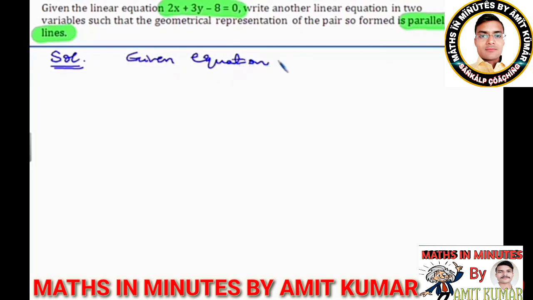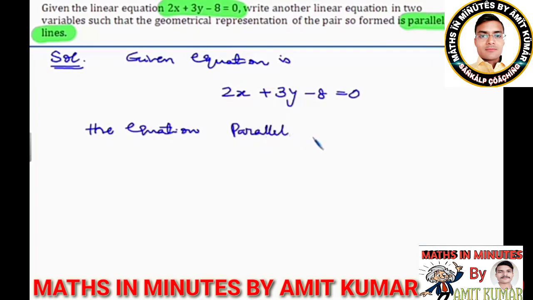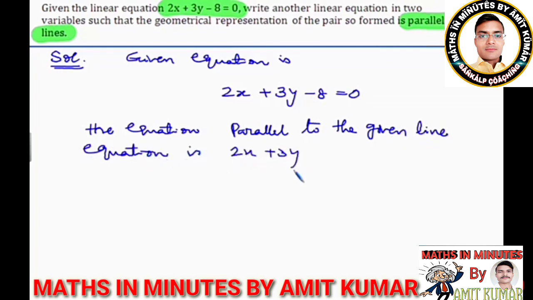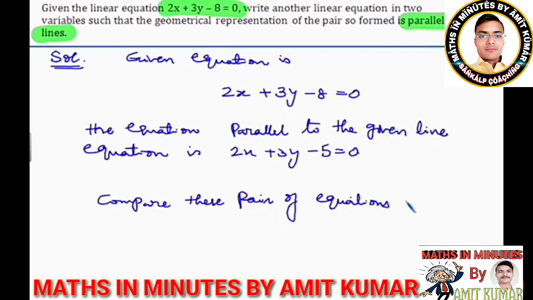तो हमें पता है कि a1 अपॉन a2 इज इक्वल टू b1 अपॉन b2 बट नॉट इक्वल टू c1 अपॉन c2 की कंडीशन होती है, तब हमें क्या मिलते हैं, पैरेलल लाइंस मिलते हैं। ठीक है, तो आप यहाँ भी इस क्वेश्चन में भी क्या कर सकते हैं, अपने अकॉर्डिंग कोई सा भी इक्वेशन लिख सकते हैं, बट मैं लिख रहा हूँ आपके लिए। देखिए, the equation for parallel lines to the given equation is 2x प्लस 3y माइनस 5 इज इक्वल टू 0। यहाँ से आप देखिए दोनों इक्वेशन में x और y के कोफिशिएंट तो इक्वल है, मीन्स a1 अपॉन a2 इक्वल हो जाएंगे b1 अपॉन b2 के, बट c1 अपॉन c2 जो कांस्टेंट टर्म है 8 और 5 वो इक्वल नहीं होंगे।